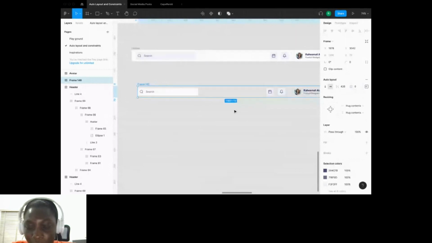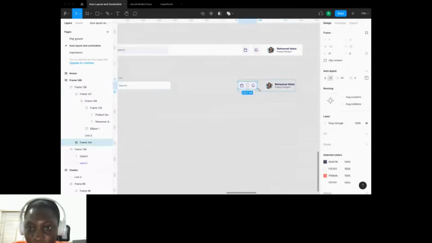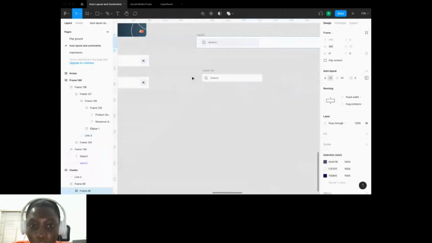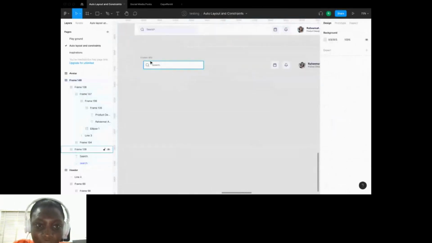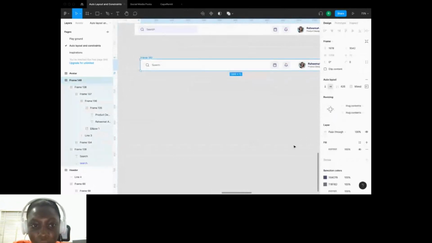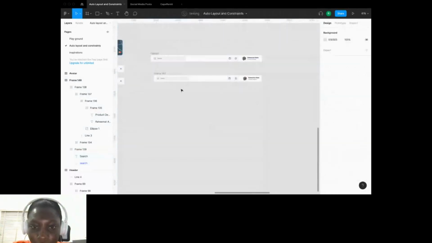And I'll tell you the reason why. The reason why I said we shouldn't add padding top, it's not like it is wrong or anything. We already have a divider here, which is already giving this content space at the top and space here, if you notice. So all we need to do is add, like I told you, padding to the left. So we can add padding to the left, then add 20, and then add a few. So let's change the color of our preset. And yeah,